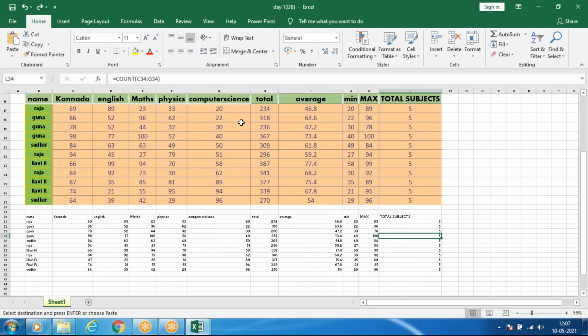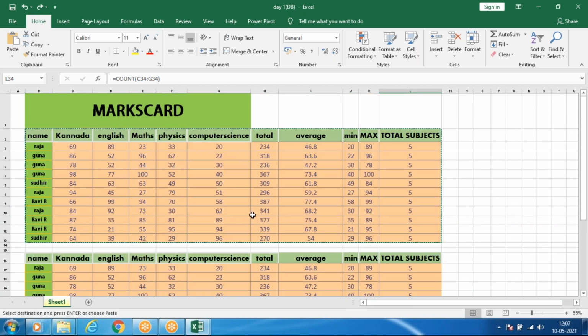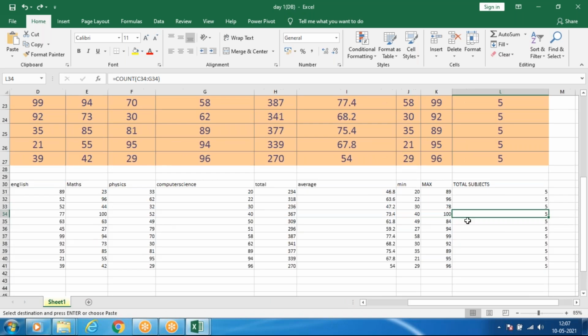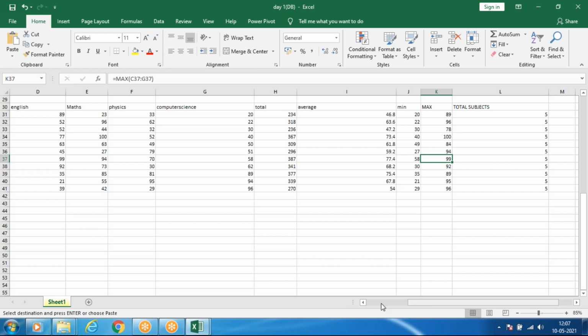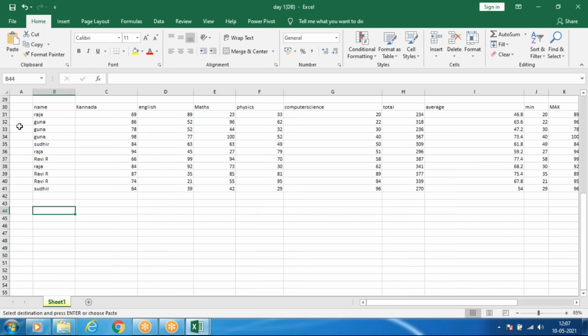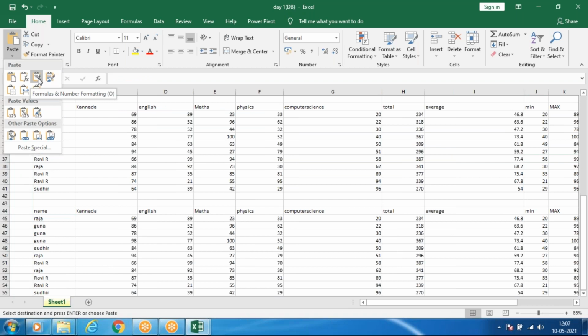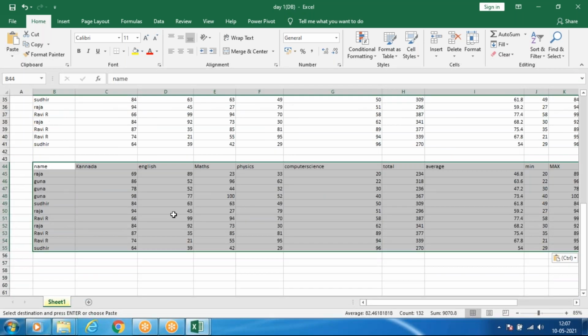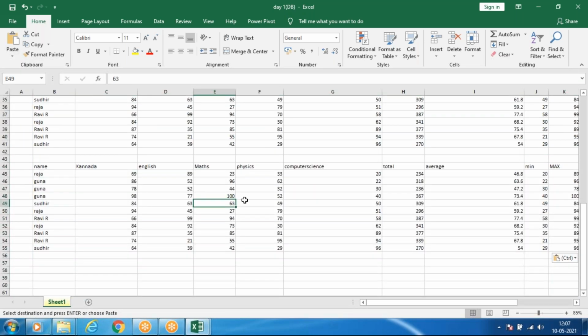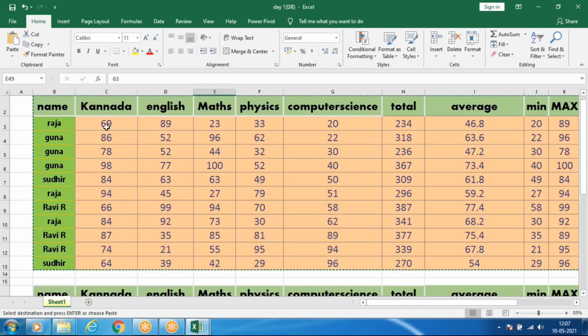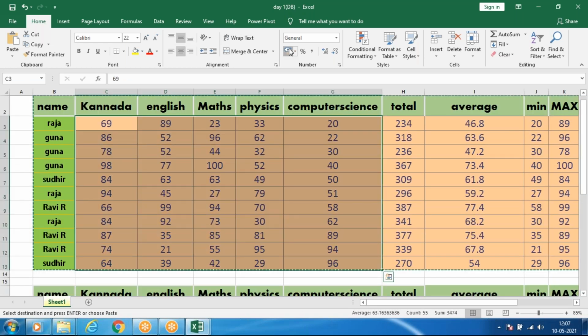Then there is formulas and number formatting: including formulas and numbers, and suppose you applied a currency format, it will paste that too.